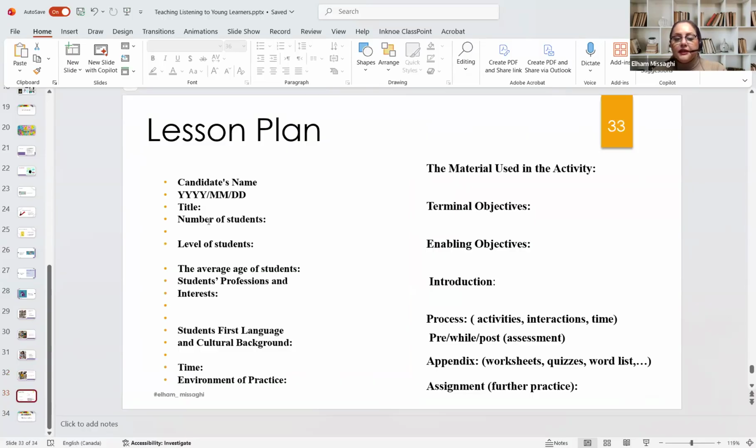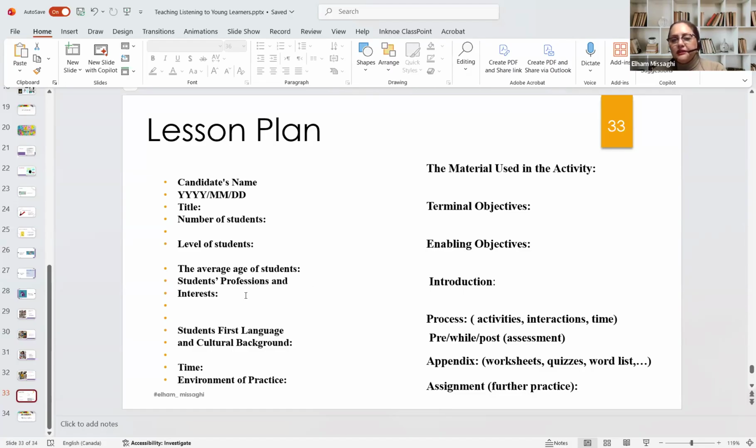So you write this is a part for the listening. The topic, what's the topic of the lesson? How many students? So when you go through it, this is an activity for 4 students in the class, 10 students in the class, or 20 students in the class. It shows how logical the activity is that you choose for the class. And then level of the students: lower levels, grade 1, 2, or 10, college, or high school, university students.